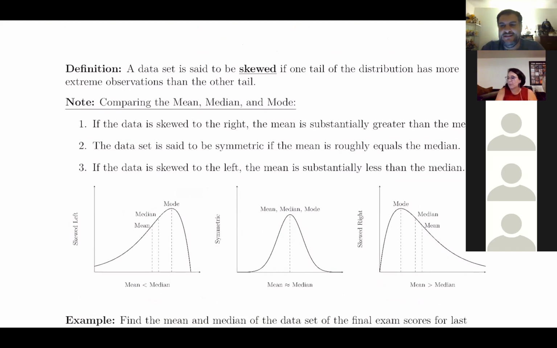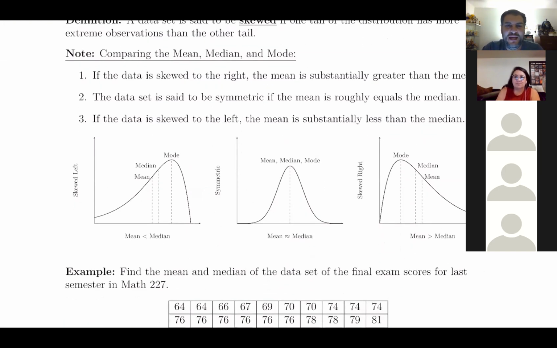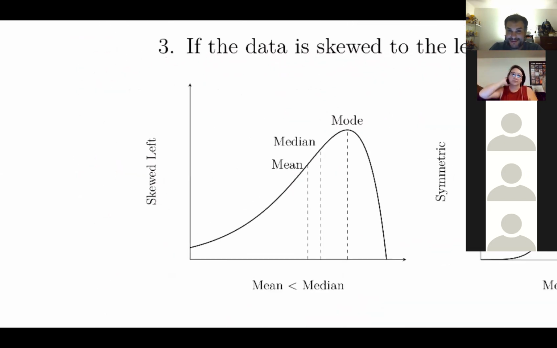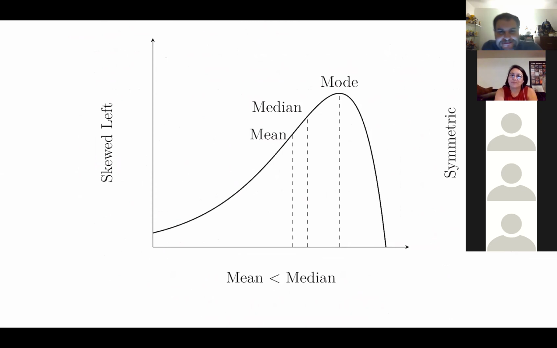All right. So up next, we're gonna kind of get into the mean, median, and mode, but you're gonna focus on the mean and the median. Depending on our mean and our median, we can tell what type of distribution we're gonna get. Remember, whenever I talk about distribution, it's either skewed to the left, symmetric, or skewed to the right. Depending on which is bigger, the mean or the median, I can tell which one it is. So we're gonna go over each case scenario. I'm gonna zoom in on it so that you can just focus on that one.